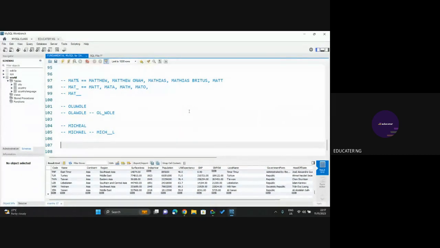Somebody asked a question: can we use as many underscores as possible? Yes, we can use as many underscores as possible, so long as we know the number of characters that we are looking for. That's the first thing. The second thing is that we can combine both underscores and percentage symbols when we are working with MySQL. How that works is this. We can have something like this. Select everything from the table, country, where